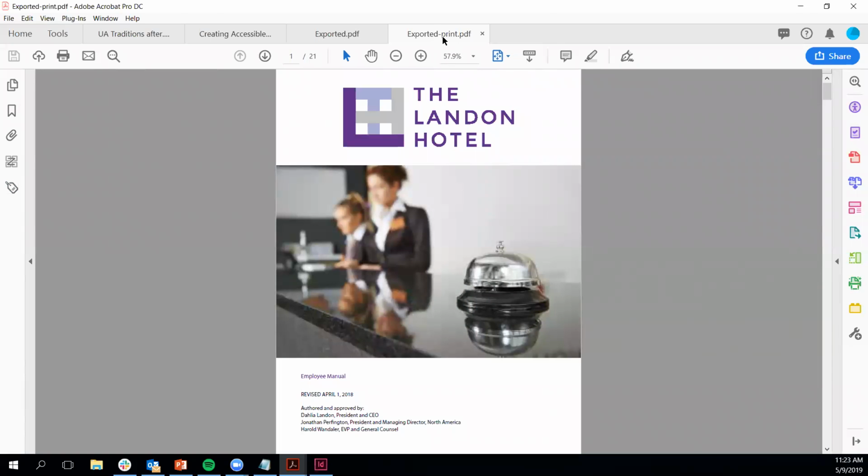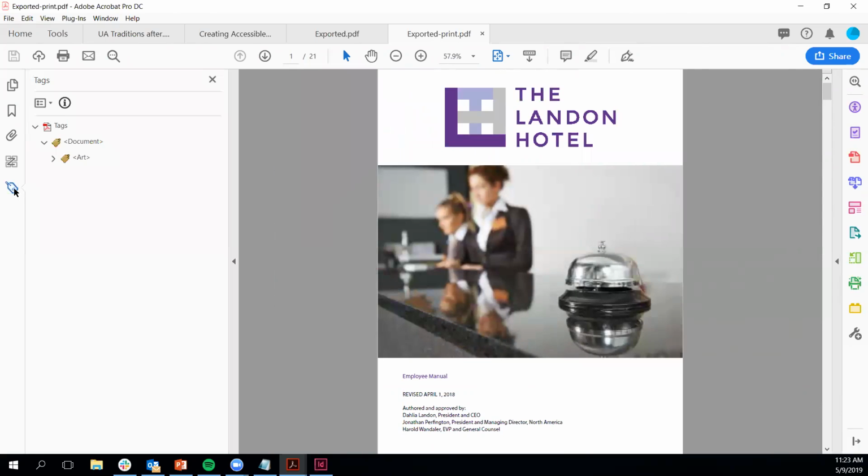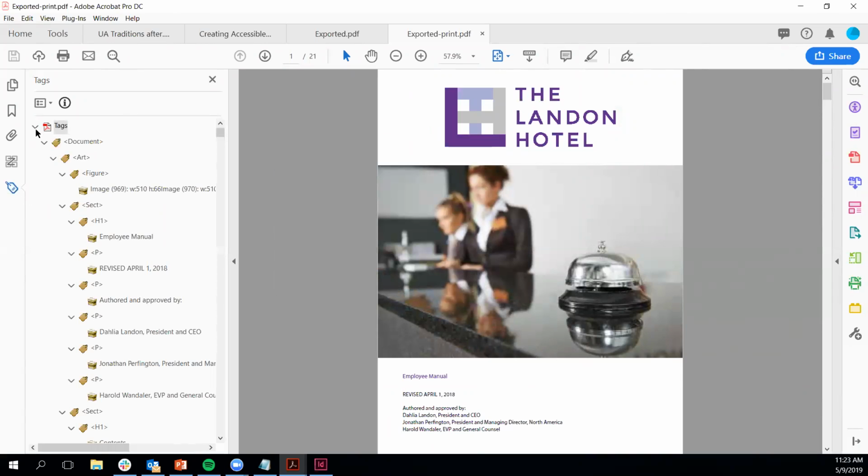And now exported print, the resulting PDF opens in Adobe Acrobat Pro DC. Once again, I'm going to go to the tags pane in the left sidebar. Click to expand the panel. And you're going to notice that I have all of the tags in here